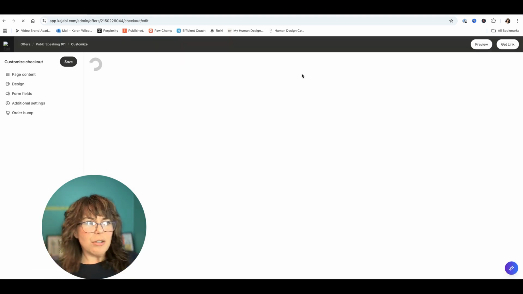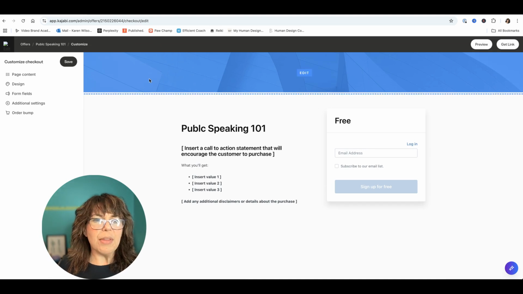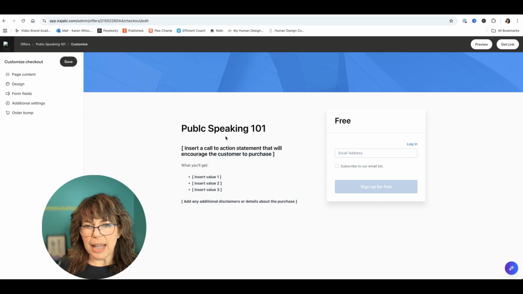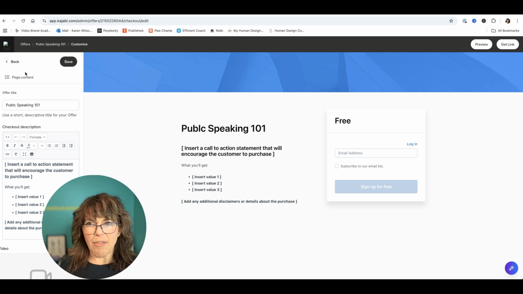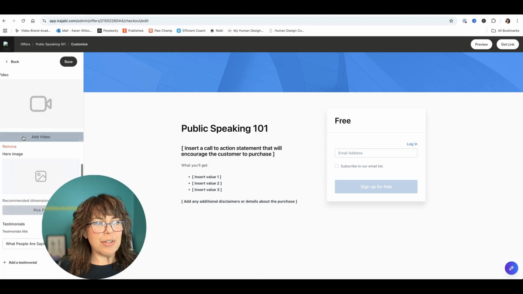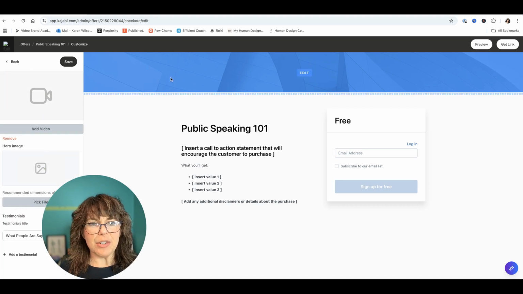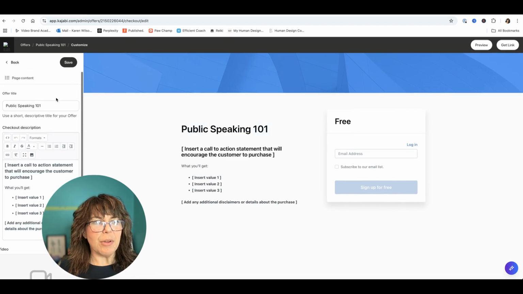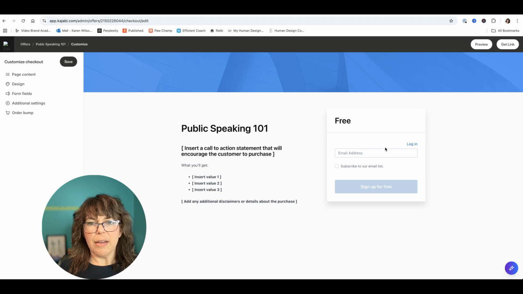Then you want to edit your checkout. So this is basically like editing any other landing page. You want to customize it for the things that you want just by using the left-hand toolbar. And ideally, you have all of this written out before you dive in, because you've had your plan before you dive in. Look at that. Nobody told me I had a spelling error until right now, so I can change that. Okay, so you can also add a video. You can add an image, make it customizable, and then of course the actual stuff